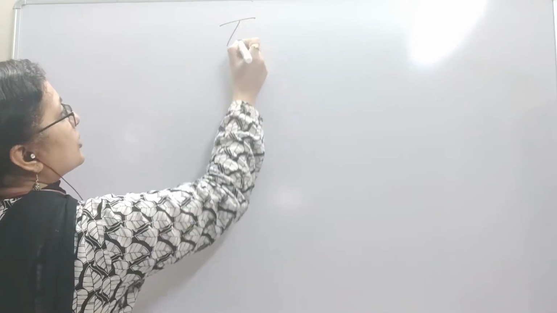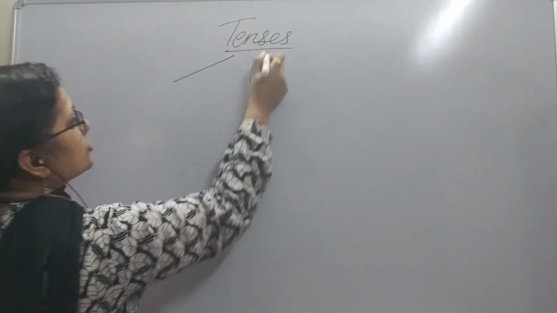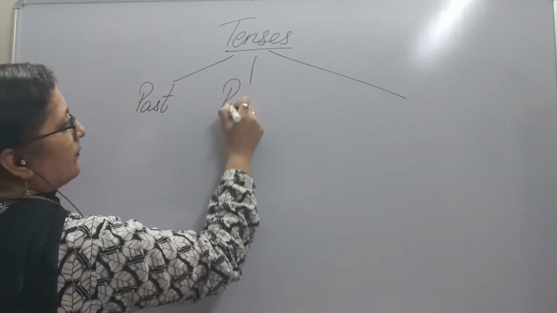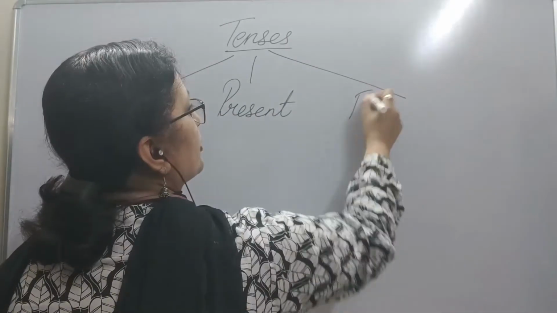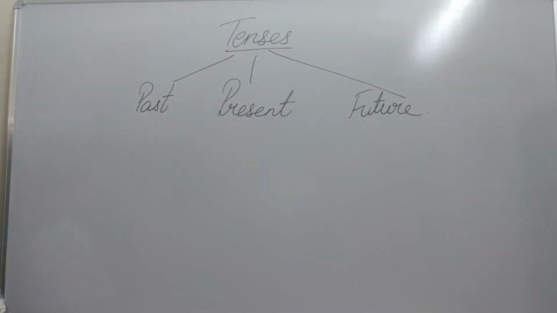Hello children, today we are going to continue with tenses. If you remember what we had done previously, I had given you a chart of tenses where we had mentioned the past form, the present form and our future form. Okay. Further, they were divided into different sections, which were,